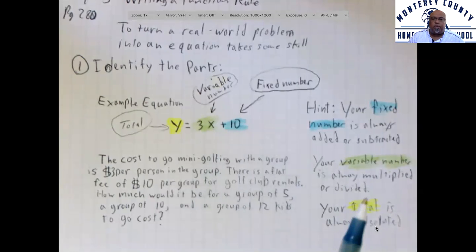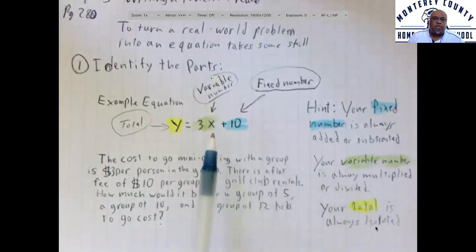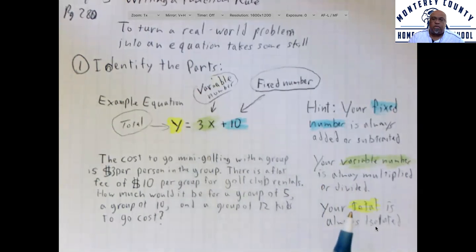But your variable number is always multiplied or divided, okay? So the variable number, the one that changes, is always going to be multiplied to something or divided by something, okay? And your total is always going to be isolated,